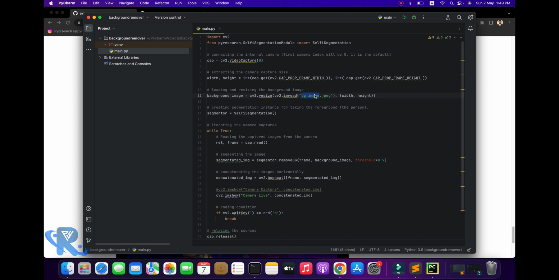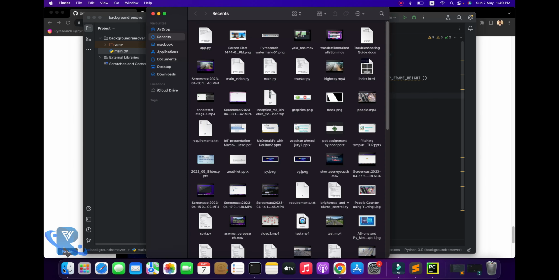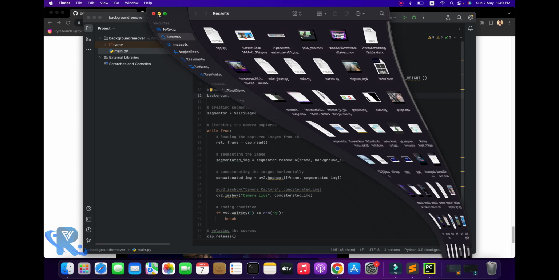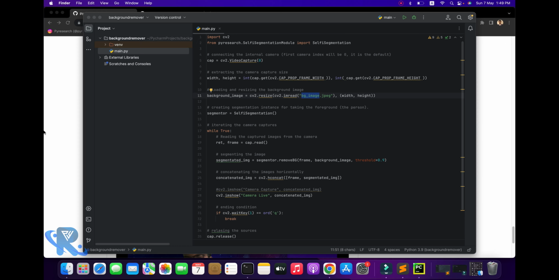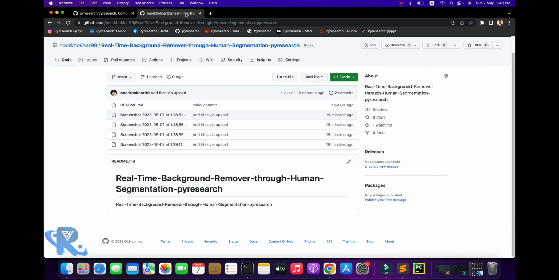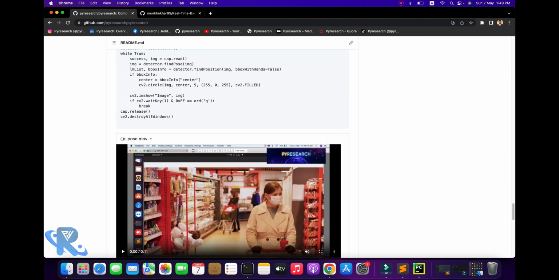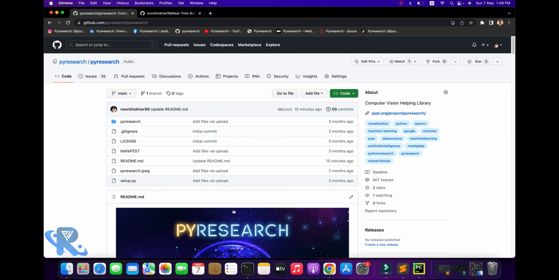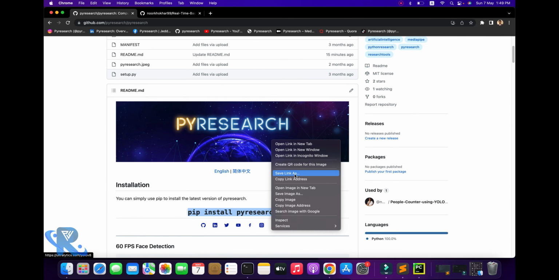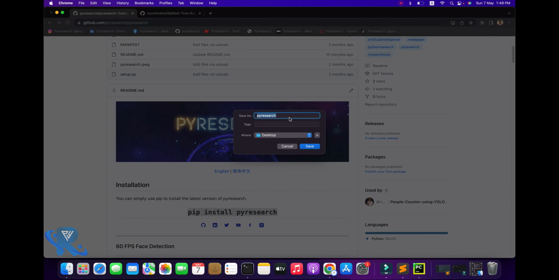I am going to explain some concepts of this algorithm, and put the image here, and you can see after I go to my path, so you can check out the image, and I'm going to show you the PyResearch library, and just copy,